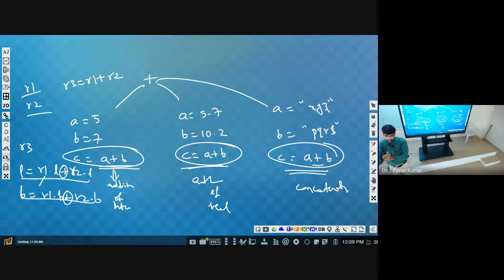Similarly, integers are already there. Integer is the type, it can hold these kinds of values and we can perform these kinds of operations. It is defined, so we can use it. But rectangle is not defined earlier. We define it and specify the operations that we can perform. So only the operations defined by us can be utilized, like area and perimeter.